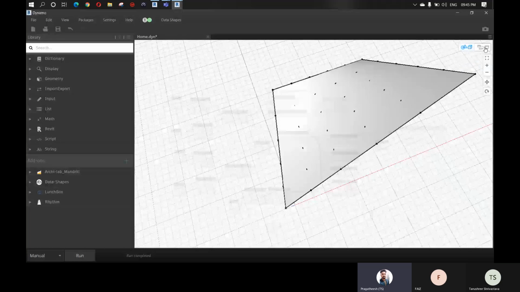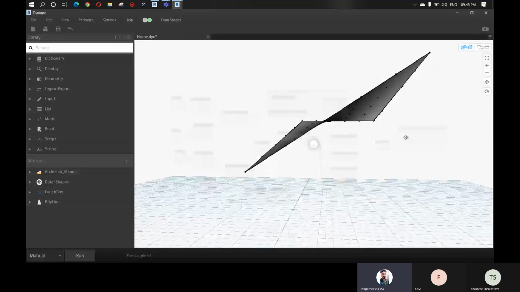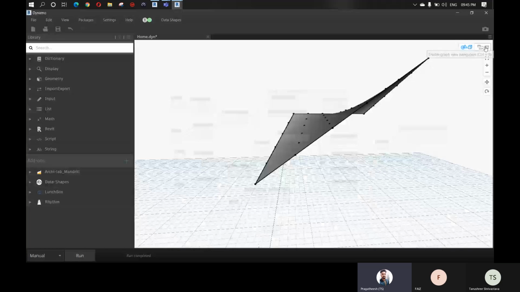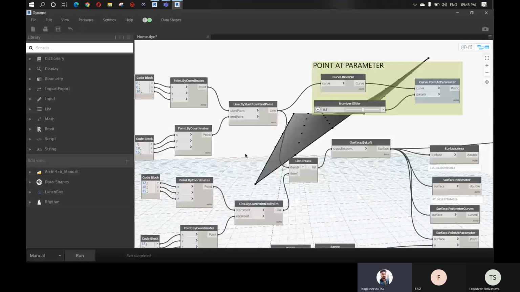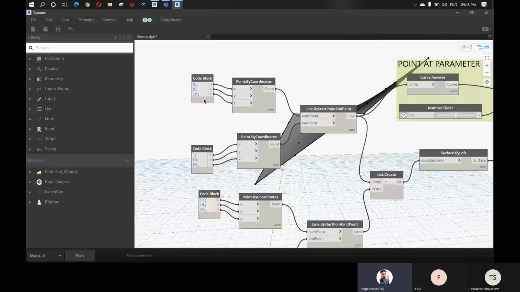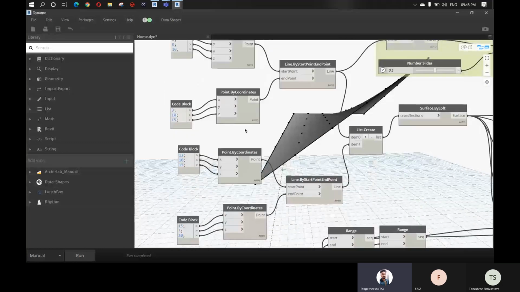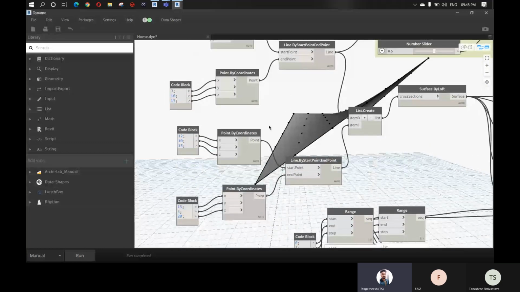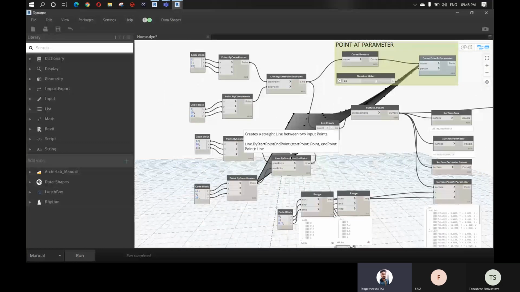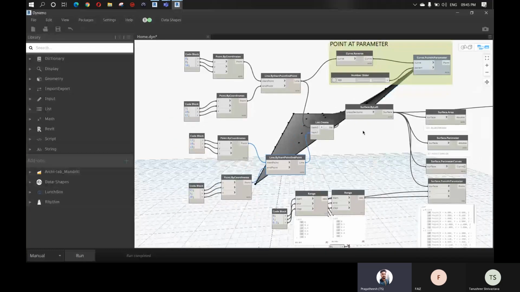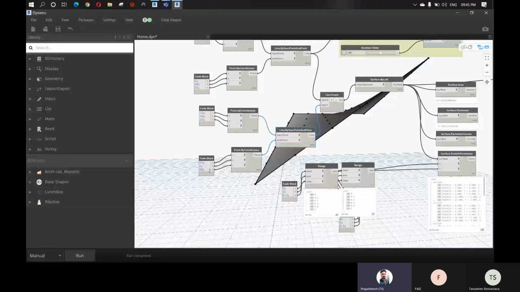Now I'll modify, I'll change the z value here, until I'm happy. Let's see. I can change the z value of this point. It's already at 20. Let's change this to 10.